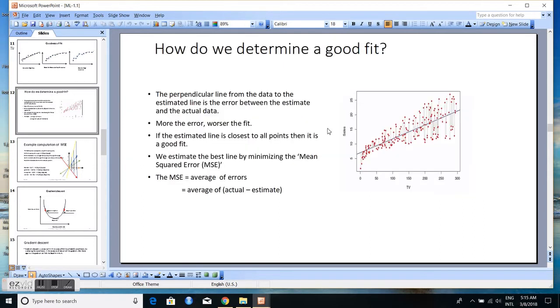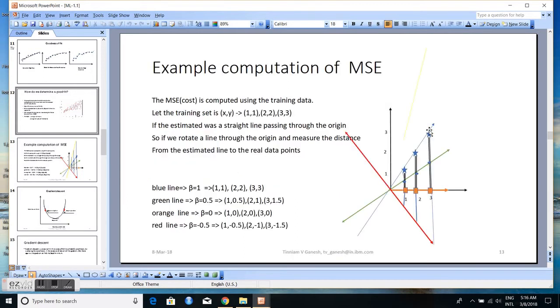And what exactly are we doing when we do a good fit? We are trying to minimize the distance between the data point and the estimated line. That is what we are essentially trying to do. And how do we do this mathematically? We do this by minimizing the distance between the data point and the estimated line. If you are aware of a little bit of calculus, you know that the minimum of a function is found when you take the derivative and its slope is equal to 0. And the way minimization is done in machine learning is a technique called gradient descent,